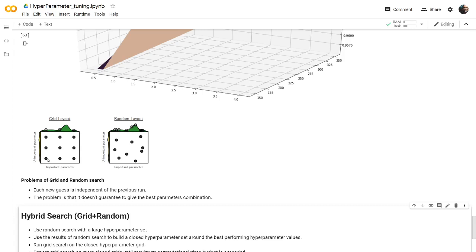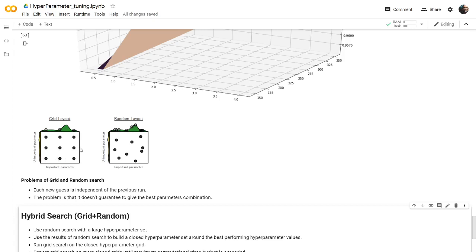Say C is an important parameter and max iteration is an unimportant parameter. When you try a grid search, it tries multiple combinations, but the C value is tried with only 3 values here, while the unimportant parameter is tried with 4 values.